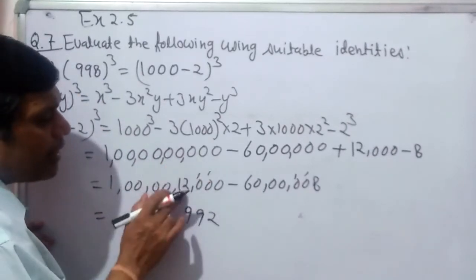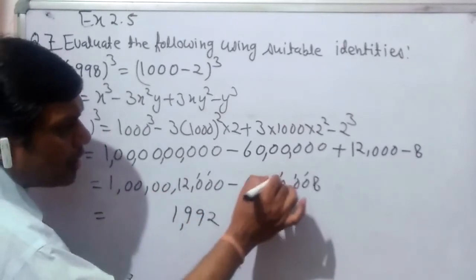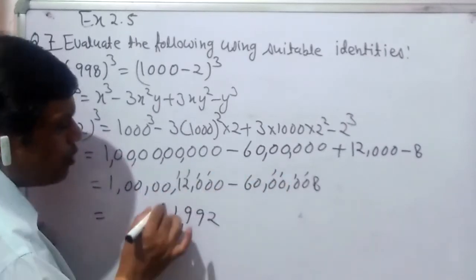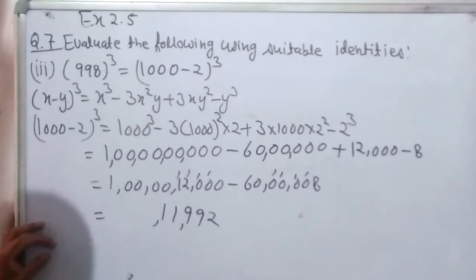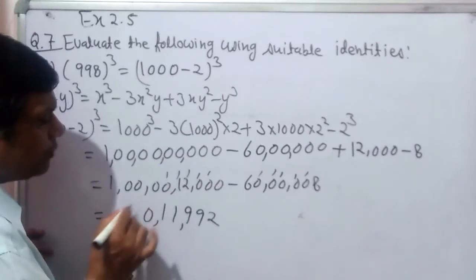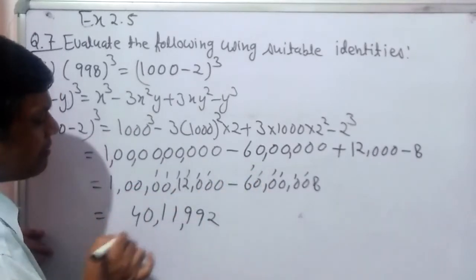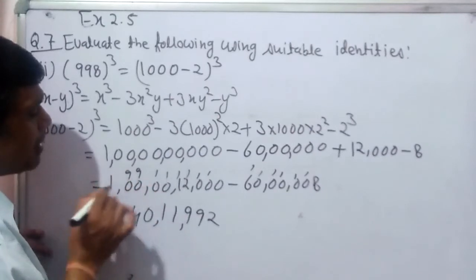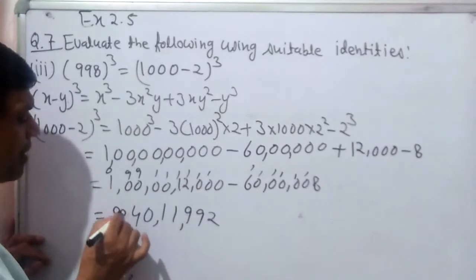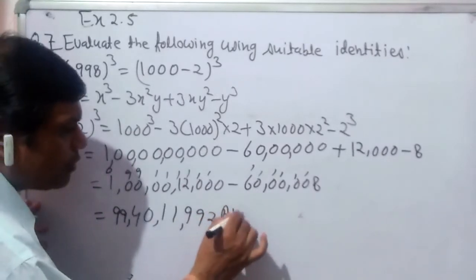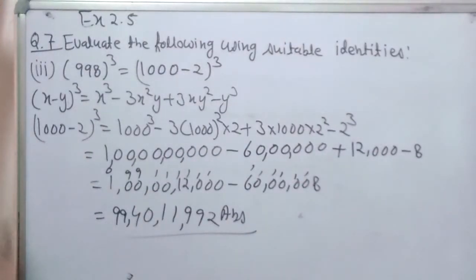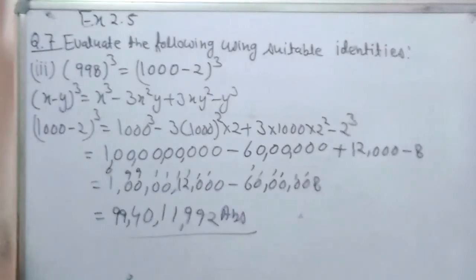For this 2 we had taken carry over, so it becomes 1. This place is gone. This 1 minus 0 will be 1 again. Now from this 0 minus 0 will give us 0. This 10 minus 6 will give us 4. This will become 9, this will become 9, this will become 0. And this 99 will be copied as such. So this particular value is the answer for 998 cube, which we have found by using the identity as such.